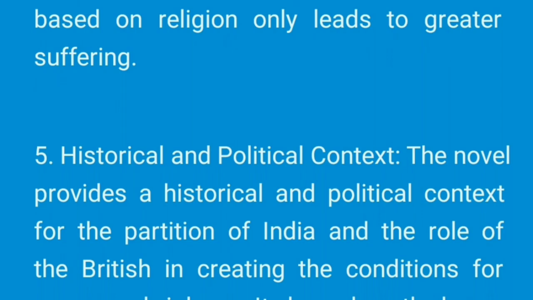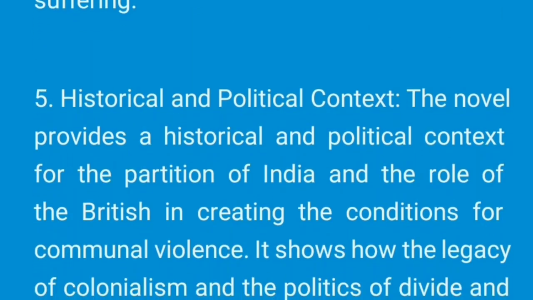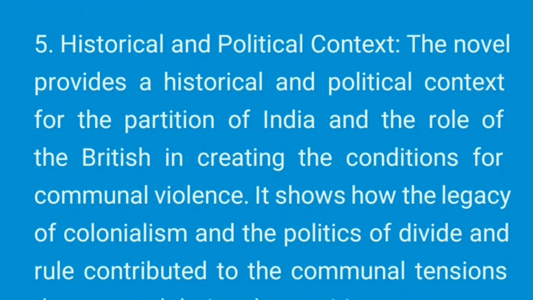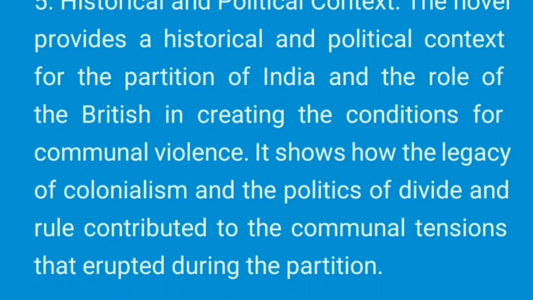Number 5, historical and political context. The novel provides a historical and political context for the partition of India and the role of the British in creating the conditions for communal violence. It shows how the legacy of colonialism and the politics of divide and rule contributed to the communal tensions that